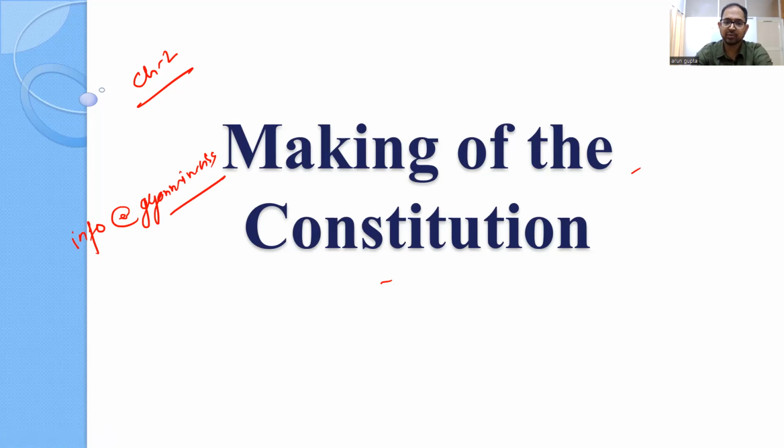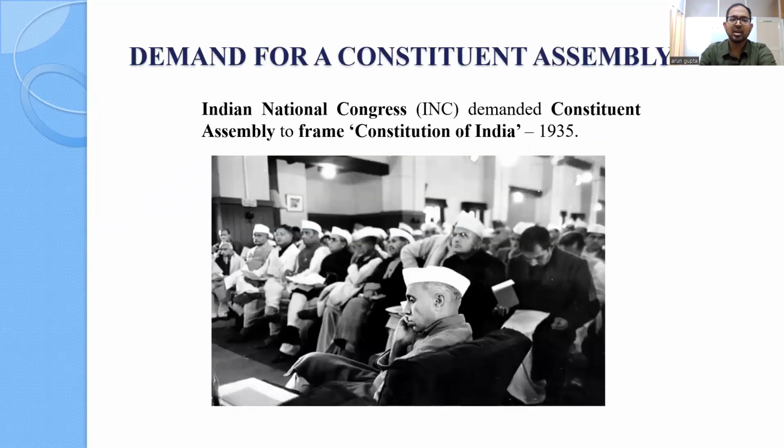So chapter 2 is the making of the constitution. As you all know, first what we need to know is what is a constitution. A constitution is the fundamental law of a land. It is a rule book kind of. There are various types of constitution. We will not go into that detail today because there will be a separate video on the constitution, types of constitution and the Indian constitution. Today we are concerned with the making of the constitution itself, and the video today will be a shorter one. So let's start it.